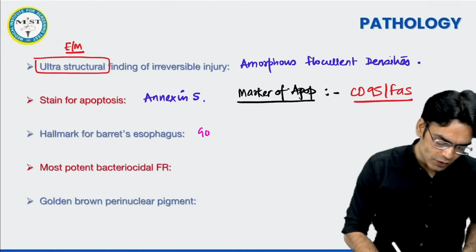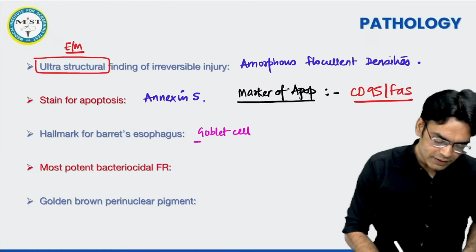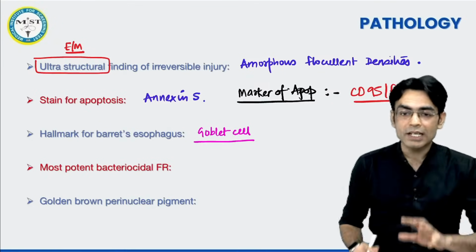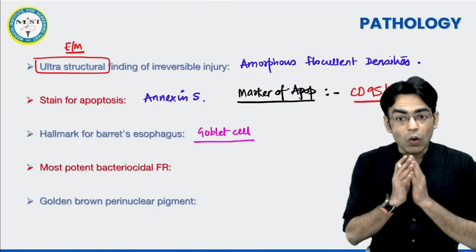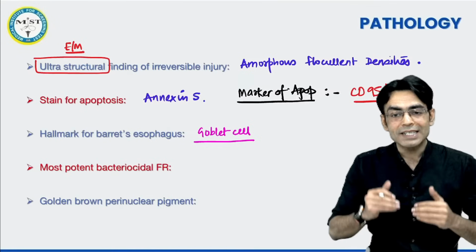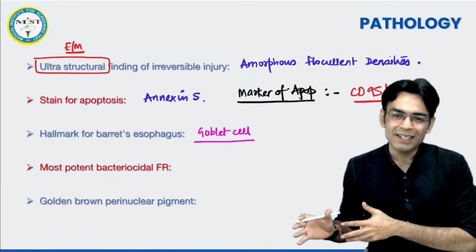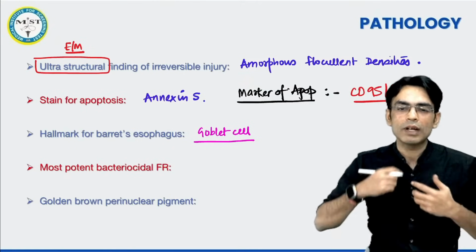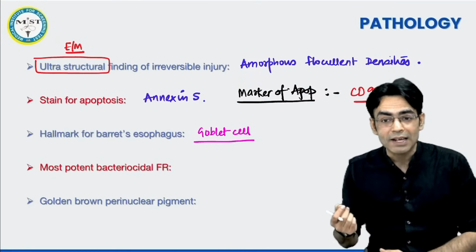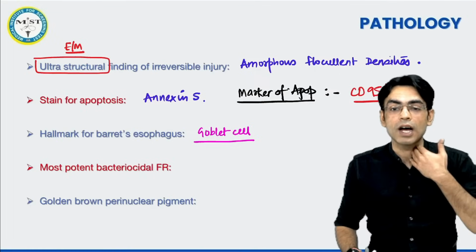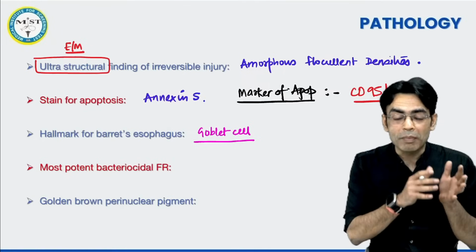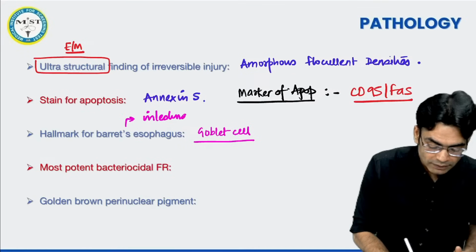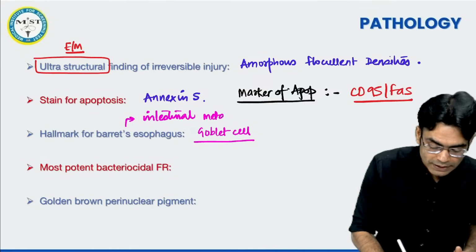So I will not take much of your time. This is your goblet cell. Whenever in an esophageal biopsy you find a goblet cell, always go with Barrett's esophagus. That is its hallmark feature. Goblet cells are seen more commonly in the intestinal area, so in a normal person we do not have goblet cells in the esophagus. When I take a biopsy and get a goblet cell there, it is as if something from there has come here. So Barrett's esophagus is also called intestinal metaplasia. What else is it called? Intestinal metaplasia.